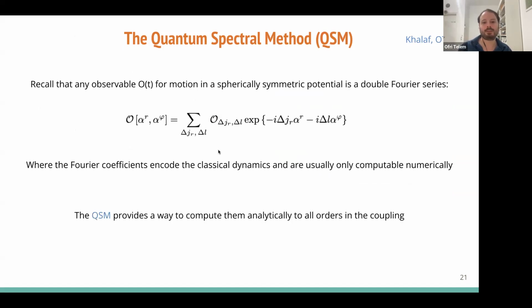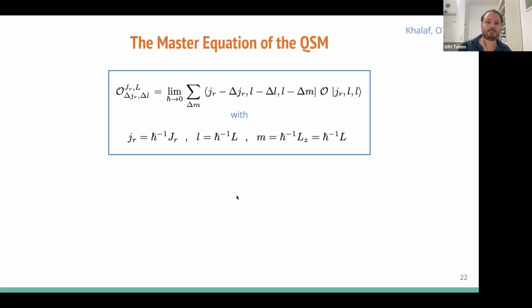The QSM provides a way to pick up these Fourier coefficients as the classical limit of quantum matrix elements. And without further ado, here's the master formula. On the left-hand side, again, we have a classical quantity. It's the delta JR, delta L Fourier coefficient, the classical Fourier coefficients. We put some superscripts JR and L just to indicate that it's also a function of the classical conserved quantities of the system. And that is given as the h bar goes to zero limit of a quantum matrix element